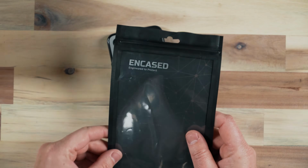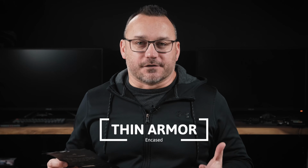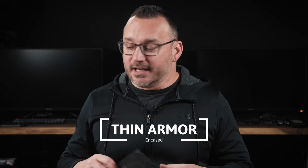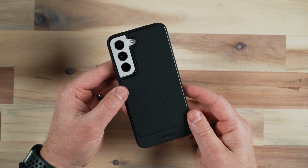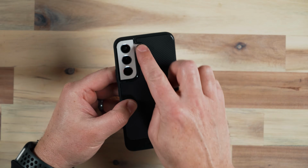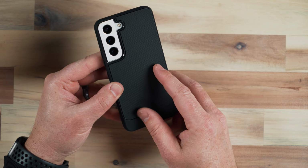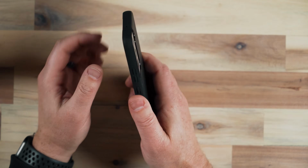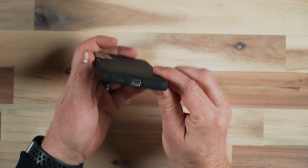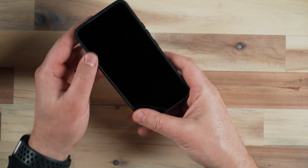So the first one is from a company called Encased, and this is their TA213BK, probably for black. Encased was the first company to get cases to me, and so that case has been on this phone. It's a black case. It's rather slim. It has good contour around the camera module here. I like this case because it has a little bit of a texture to it, but it's not a grippy case. It's thin and it adds a lot of good protection all the way around. It has good port access and speaker access. Nothing's covered up, and it has just